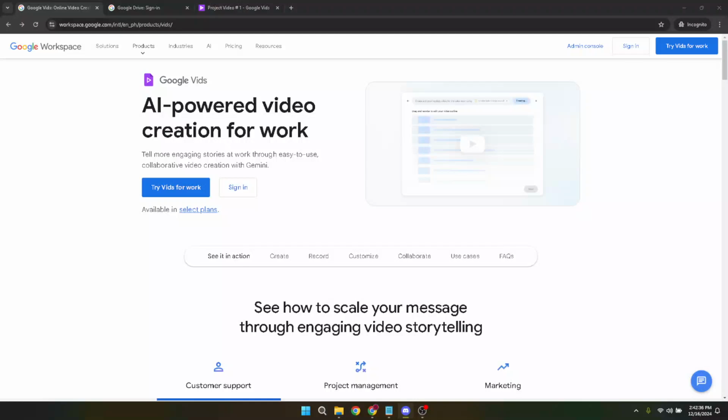In today's video, I'm going to teach you how to remove a background image in Google Vids. Whether you're aiming to create professional presentations, engaging educational content, or just want to spruce up your video projects with a clean, focused appearance, knowing how to effectively remove background images can be an invaluable skill. Let's dive right into this straightforward process.